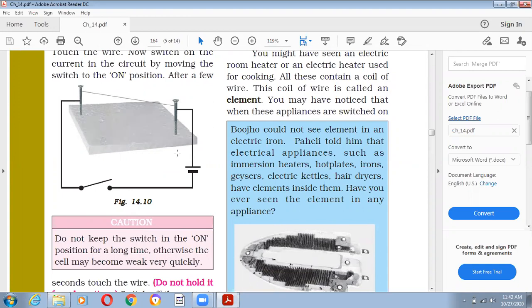Now there are so many applications of heating effect of current that we have already discussed. One is the electric iron. Yesterday, if you remember, I showed you images of these objects. The electric heating appliances such as electric room heater, electric iron, electric kettle, electric toaster, oven, water heater, immersion rod, they all work on the principle of heating effect of current. How do they work? Because all the electric heating appliances contain a coil of high resistance wire called heating element. You can see in the picture.